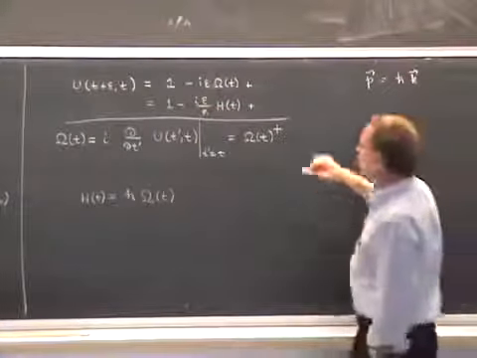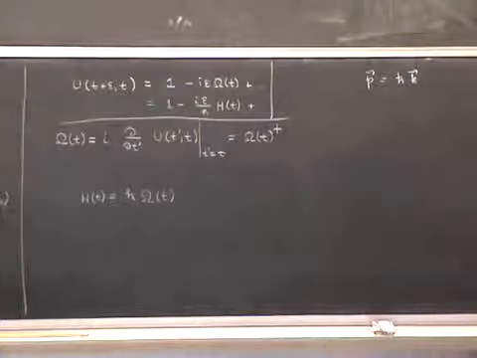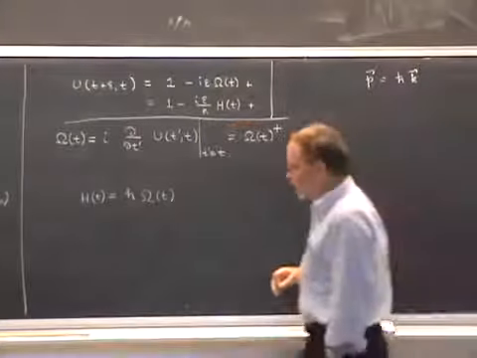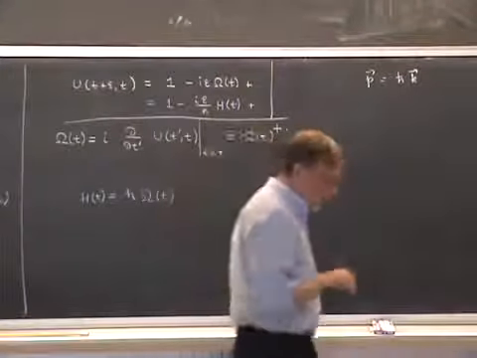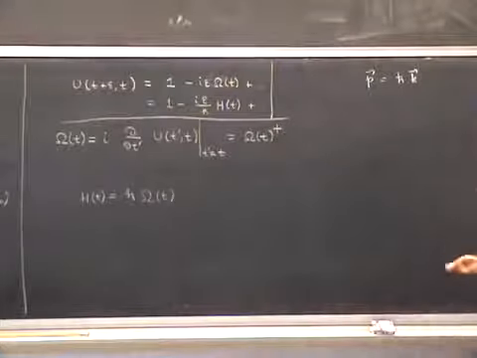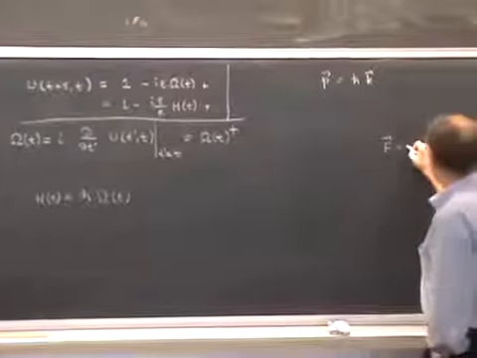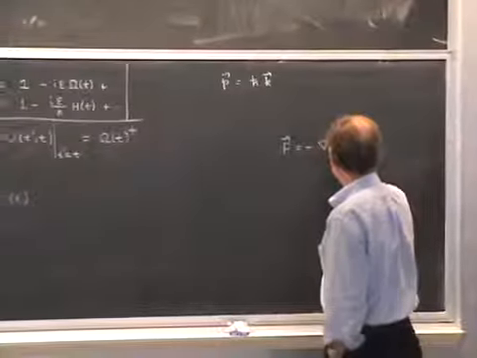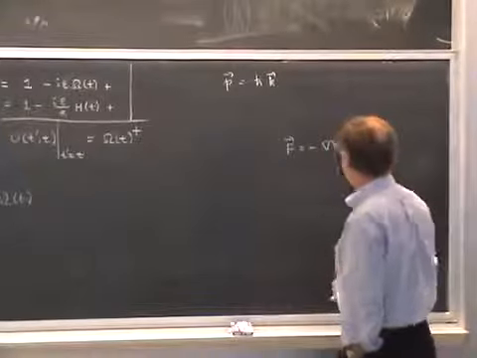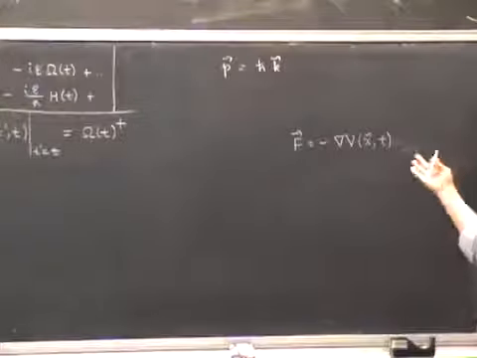Before going on with quantum mechanics, let me say something about what it means when a Hamiltonian depends on time. Describe this in classical mechanics. A simple case is where you have forces that are derived from a potential. The force on a particle can be written as minus the gradient of a potential, which depends on position. Sometimes the potential also depends on time. We're talking about a time-dependent potential.